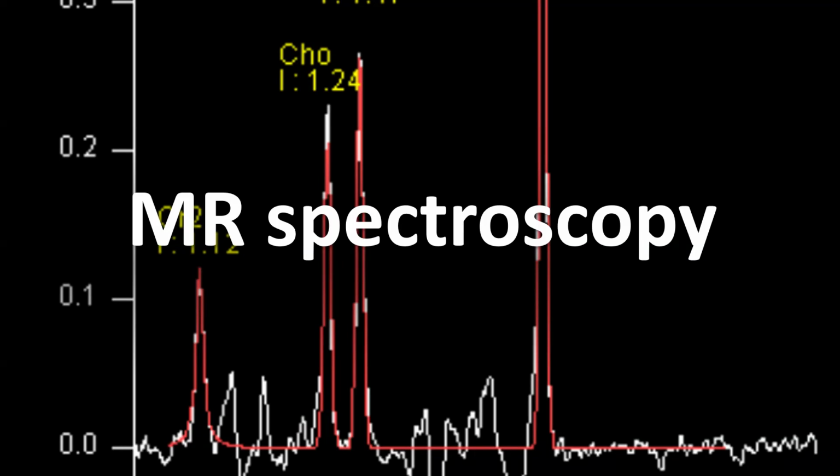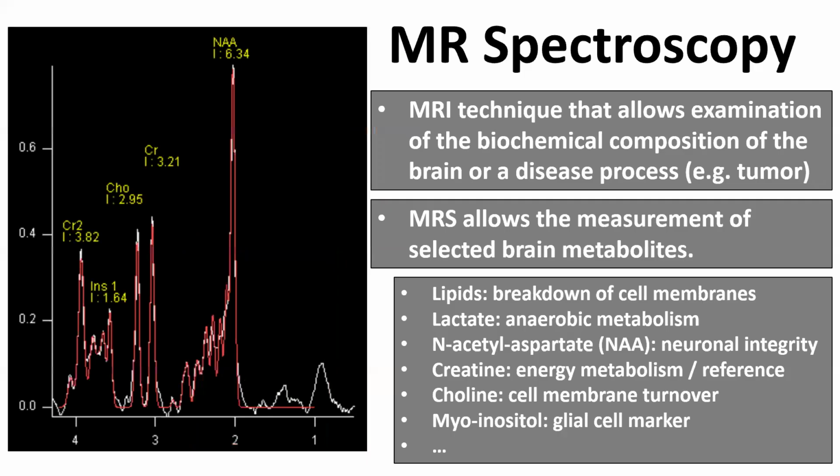Let's move on to MRI spectroscopy. As said, this is going to be a short presentation, just providing an introduction to all these techniques. And what is MRI spectroscopy? It's a technique that allows us to examine the biochemical composition of the brain or a particular disease process like a tumor. It's a technique that allows us to measure the concentration of a selected number of brain metabolites. And based on their concentration, we can make inferences about what's going on there,